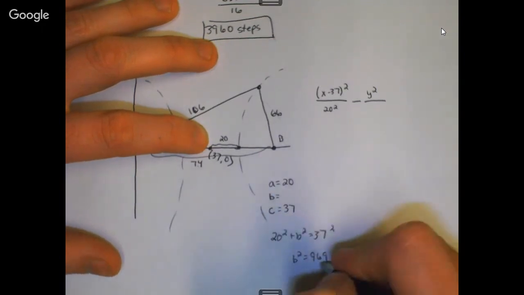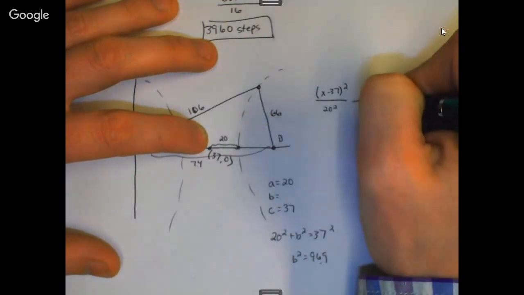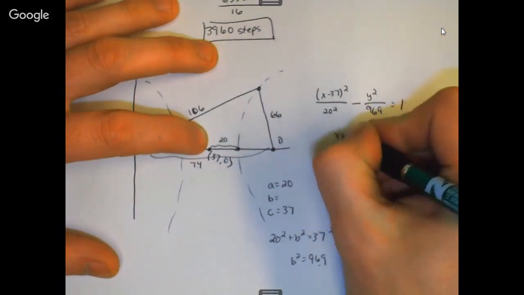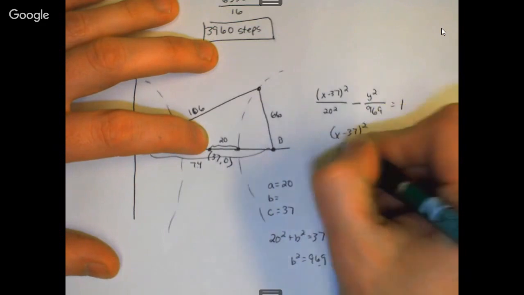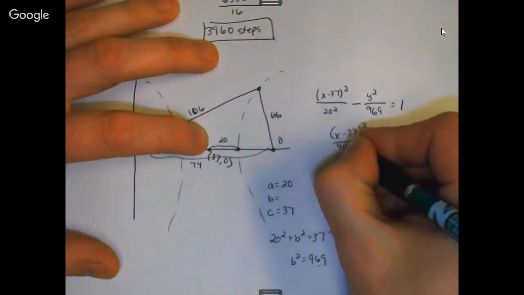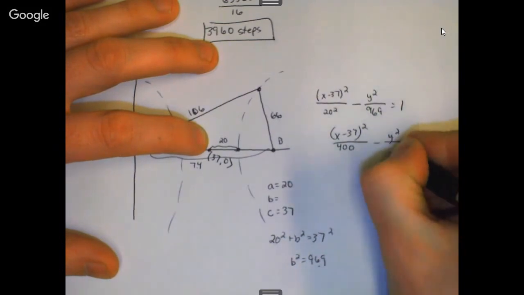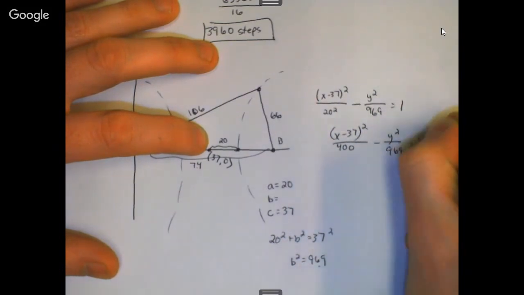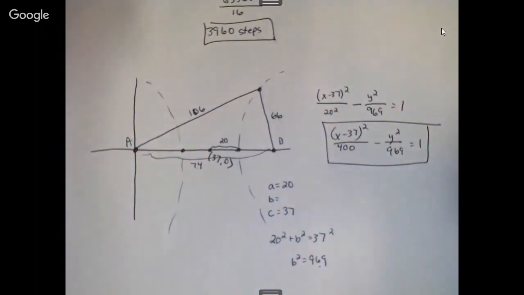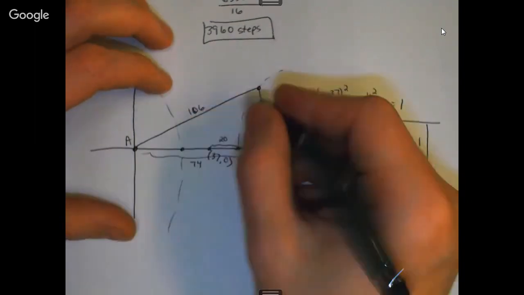Okay, so we're going to take that. This is 969 equals 1. So here's our equation, x minus 37 squared over 400 minus y squared over 969 equals 1. There's your equation. And this is where the two possible locations for this object are. So it's either up here